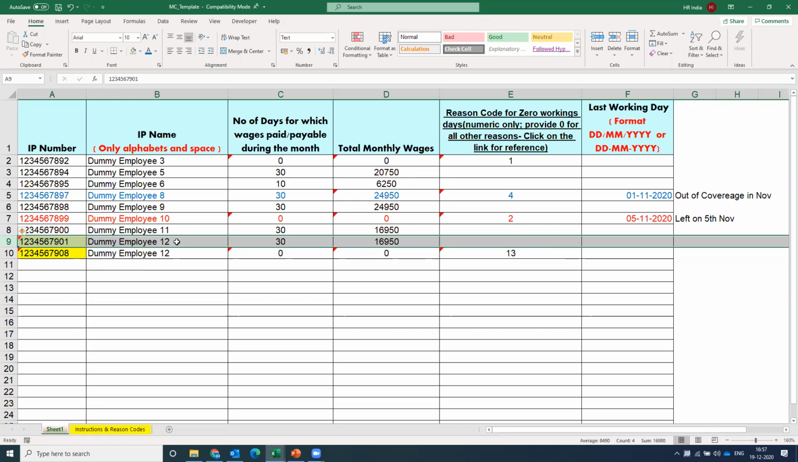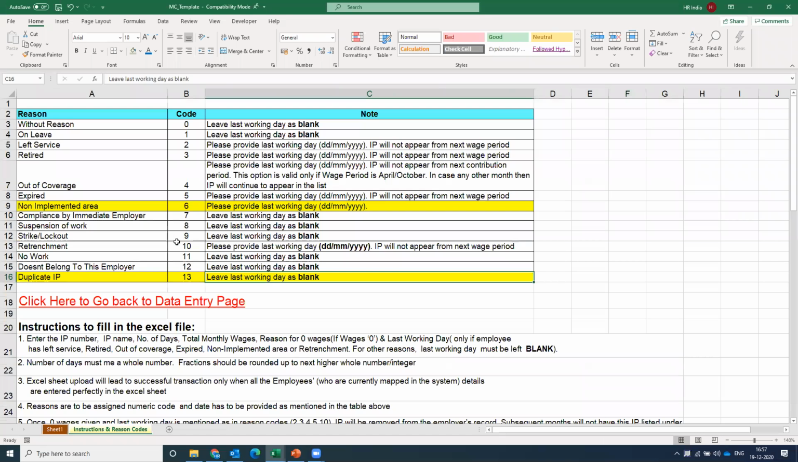Right, this is the case of duplicacy, where you generate multiple IPs for the same employee. So these are the reason codes that we need to consider whenever we generate the ESIC challan. Always make sure that you refer to all the reason codes correctly. Don't make any errors by mistake, otherwise all the benefits of the employee become void. Okay,